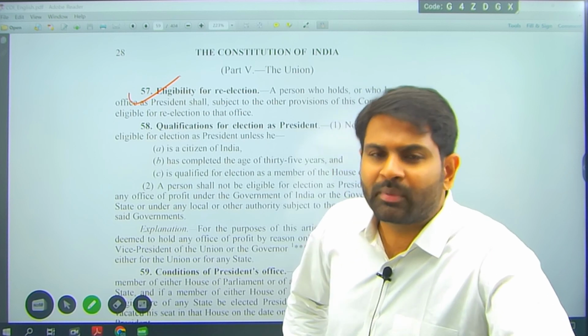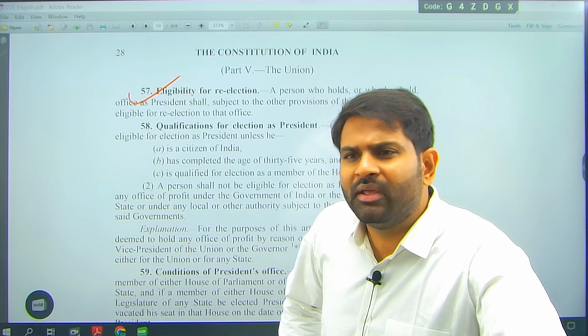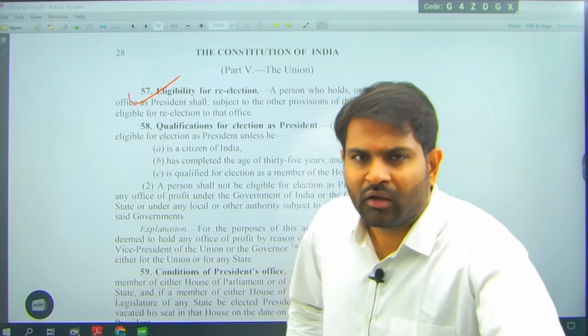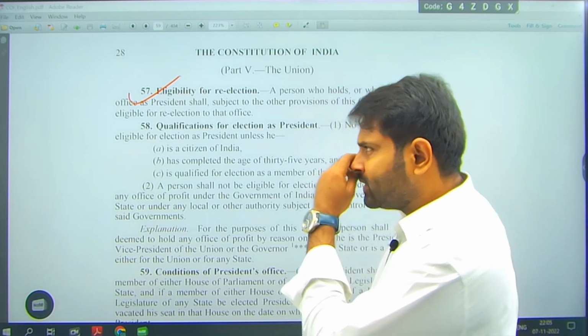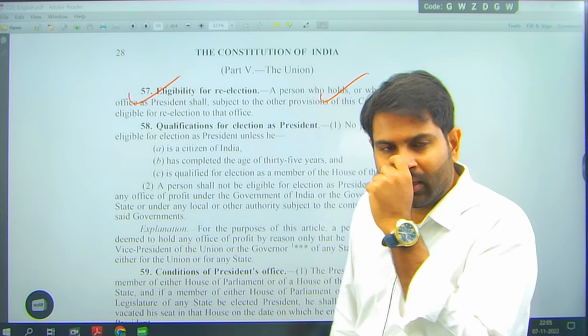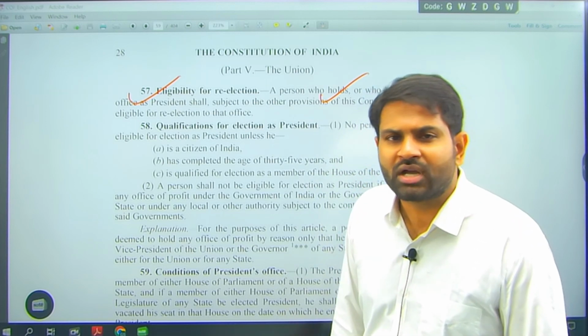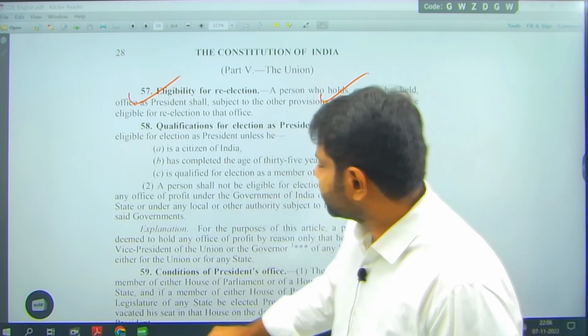But Babu Rajendra Prasad set a norm, set a standard that a person will be nominated only twice for the post of president, not normally for thrice, only for twice, right? But there is no such bar. He can be elected as long as he is the suitable candidate for that particular post and he is elected by the members, indirect election.